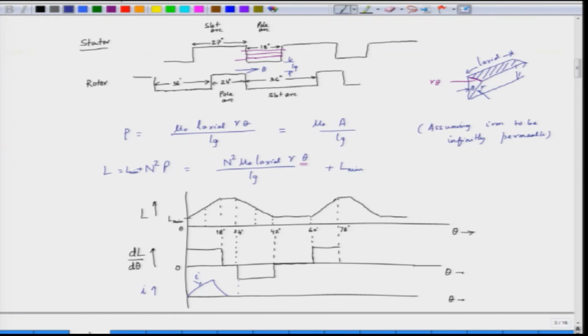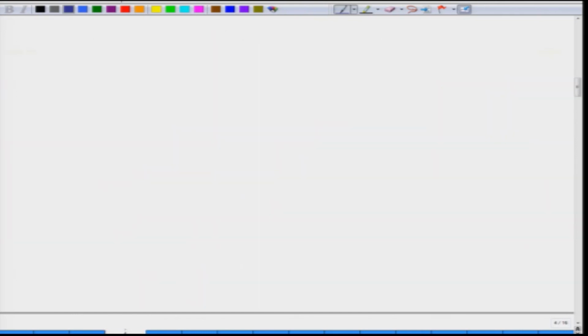Now, let us see what happens when we try to do that. We implement this by having a simple inverter, a half bridge inverter. Let us say that we have the half bridge structure like this. So, we have the stator winding like this, and we have a power transistor which is switching the voltage, and we have a diode here. So, we apply VDC here, and this is the stator winding.